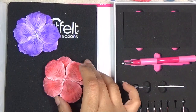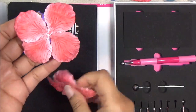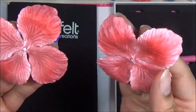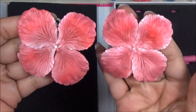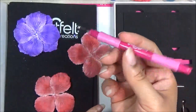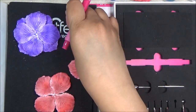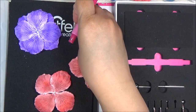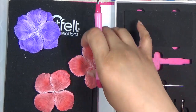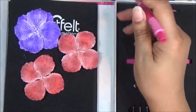Okay, once you have embossed your flowers with the shaping mold, this is how it comes out. All that detail with the crinkles. You don't really have to do much. So I have my stylus. I'm using the Heartfelt Creations Deluxe Shaping Kit. I really like this kit because I can keep up with all the tools. So all I'm going to do is just glue these 2 layers together,